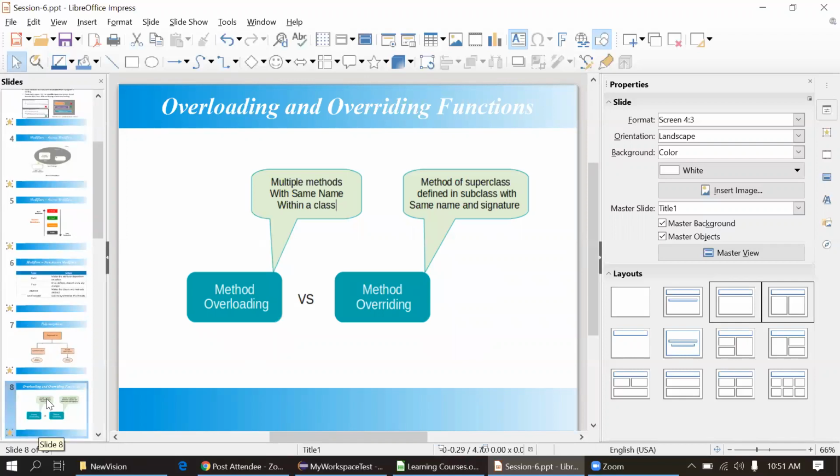Simply, the definitions are given here for method overloading and overriding. Method overloading means we keep the method name the same and just change the parameters. We can swap the parameters or increase the number of parameters in the existing method with the same name. That's method overloading in the same class. For method overriding, we use two different classes, like I told you, the parent and child class, and we use the same method name in the child class. That is method overriding, but we should not change the parameters in case of method overriding. So I will show this practically.